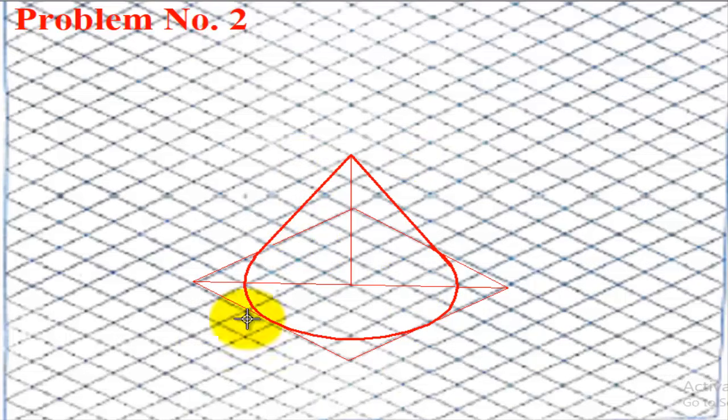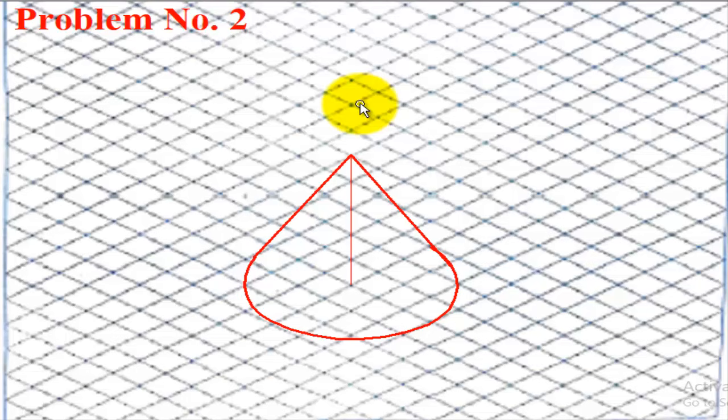Now this is a cone, and after finishing you can erase all these lines which we used to construct it. It's not needed. And next, on the top we need to place the hemisphere. For the hemisphere we have to give the height from the center, whatever the radius is, and first we need to get the center for it.